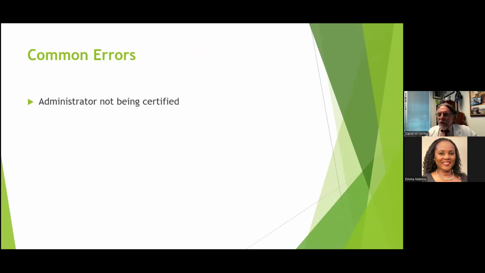So where do we see the MoCA errors? Well, there's really two broad categories I'm going to touch base on. One is the administration errors, and probably more importantly are the interpretation errors. On the administration side, probably the biggest issue that we see is many of the testers were never formally certified. Formal certification was not introduced until 2019. So this is about 14 years after the MoCA was published.